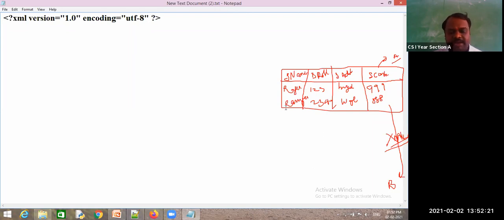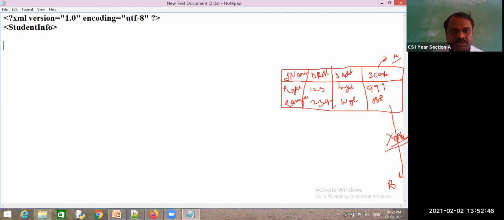So I am writing my own root tag. Whatever data you are maintaining must be contained in the root tag. That root tag name is studentinfo.